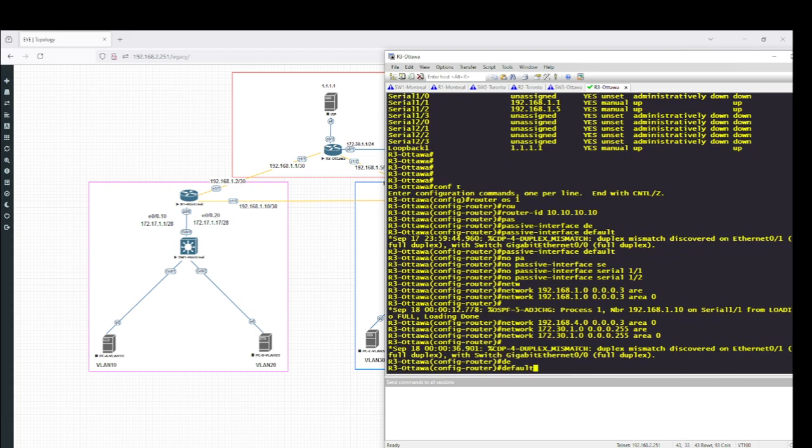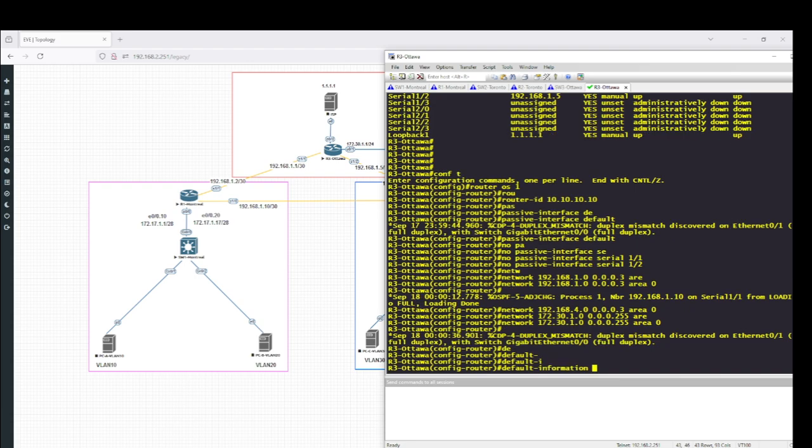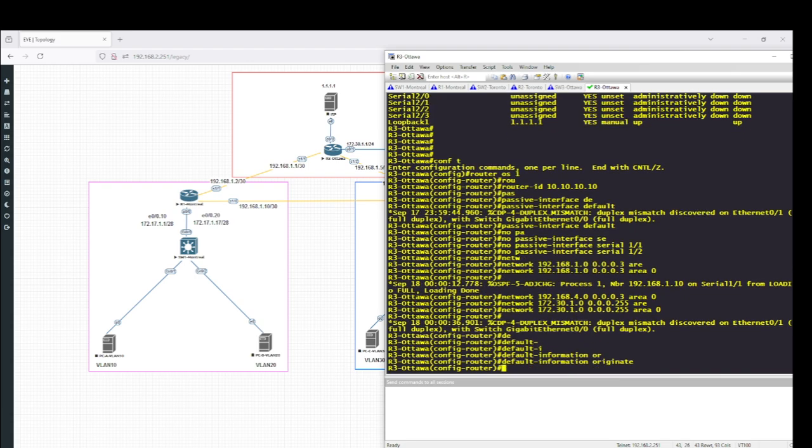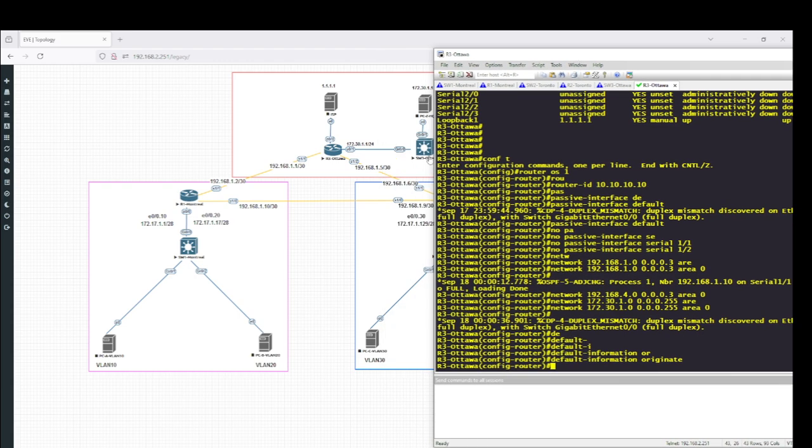And the important command, default-information originate, to advertise this route 111.1.1.1 to the OSPF process, so they will be able to ping the ISP. That's all the configurations that we have for these routers, and for this switch actually we don't need